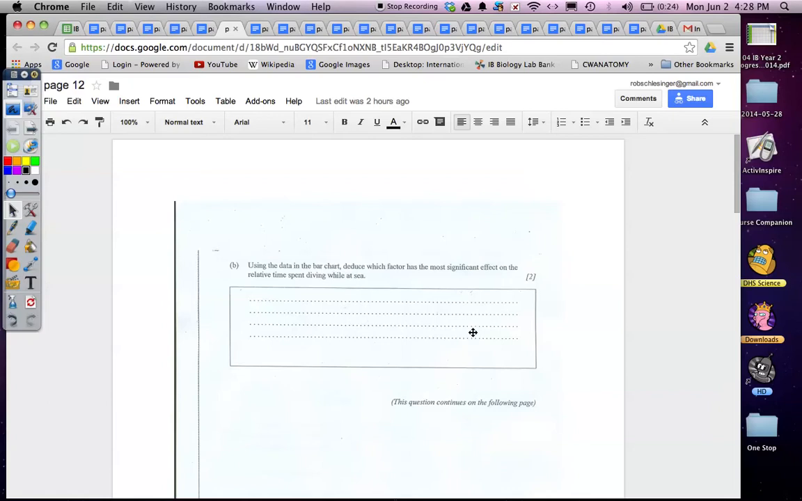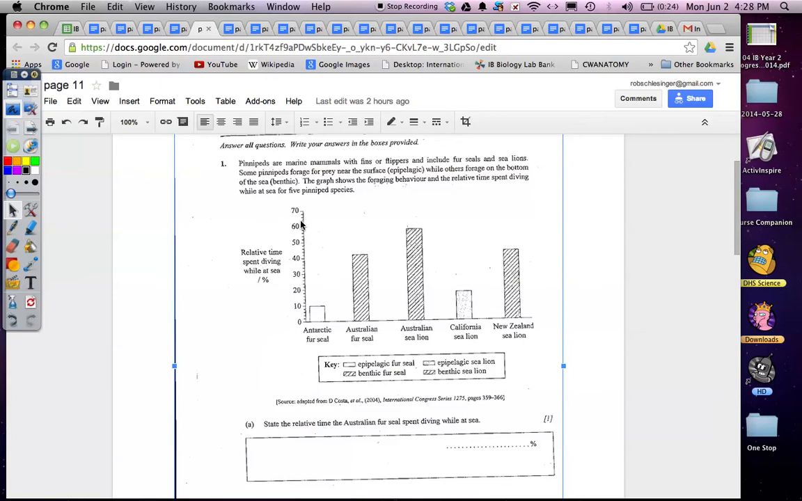So you want to do two things in this response. You want to cite the data in the chart. So here I can see that Australian fur seals and New Zealand sea lions spend a greater relative time diving while at sea than Antarctic fur seals and California sea lions. I can also see that Australian and New Zealand pinnipeds are benthic feeders, while the sea lion from California and the seal from Antarctica